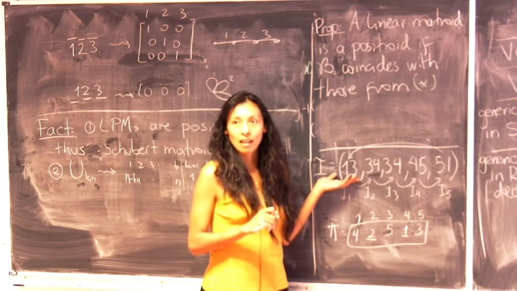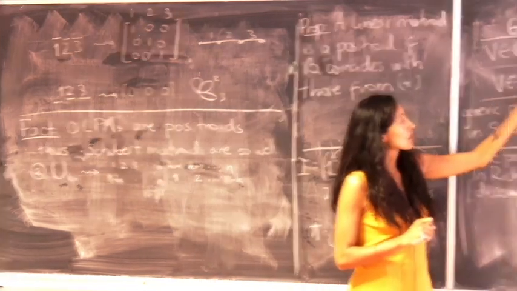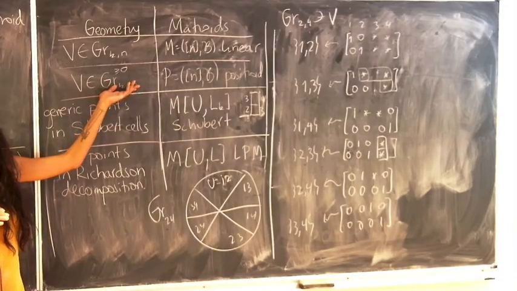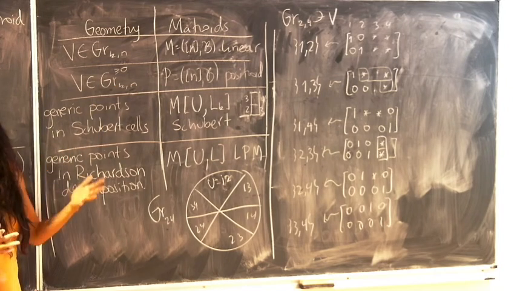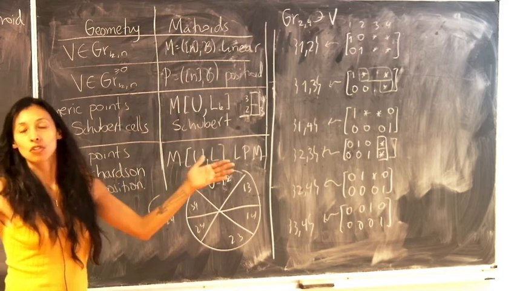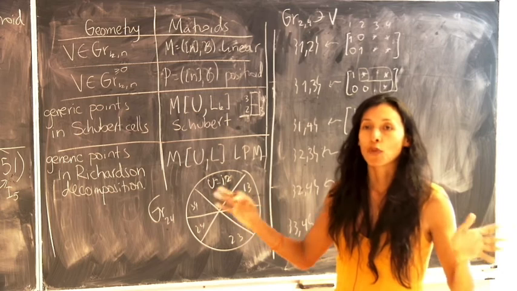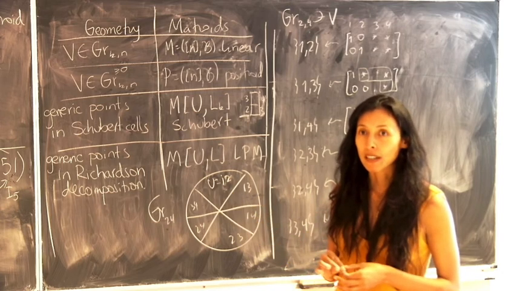Positroids are the generic points in non-empty cells in the Grassmannians after doing the positroid decomposition, and the positroid decomposition is that intersection of Schubert cells. I'm throwing a lot of stuff in here, but my point is that